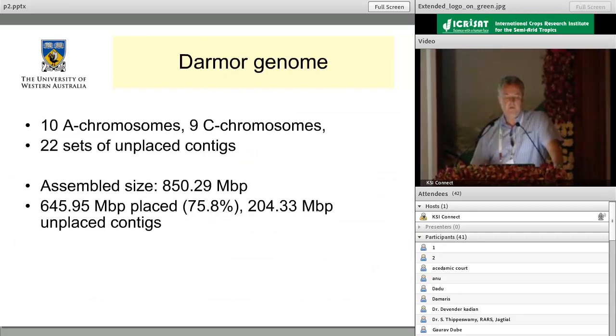When we got the first reference, there were 22 sets of unplaced contigs, and these consisted of contigs which could be placed onto a particular A or C chromosome, so there are 19 sets of those. There were contigs which could be placed only on the A genome somewhere, but we didn't know where, or only on the C genome, and none of these could actually be placed physically, we just knew that they were around there, and then one set which was completely unplaced. And when we did our analysis,